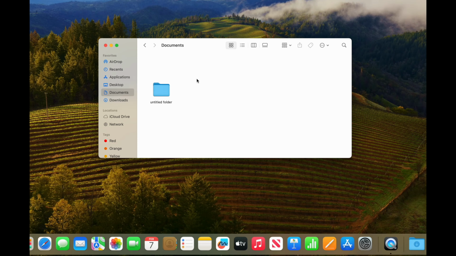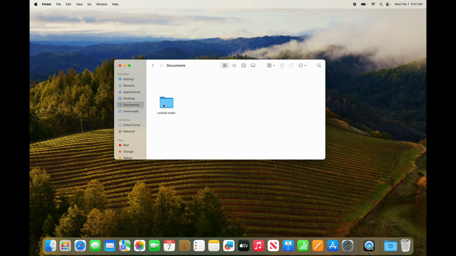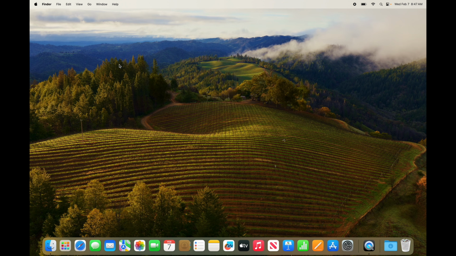And the final way, let me just zoom out. We're going to drag this, and keep in mind this could be any type of file. We can just drag it right on top of Trash, let it go, and there we go. To fully delete them, and this is for any type of file, whether you're deleting it from an SD card,